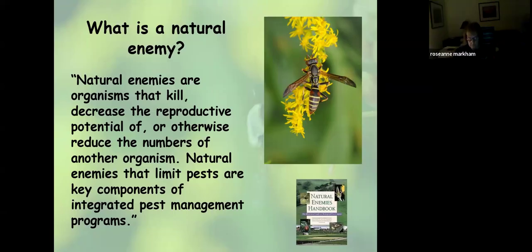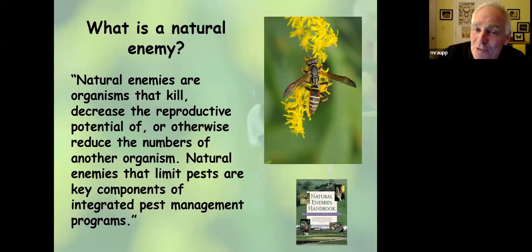And in this case, natural enemies really are our friends because the critters we're going to be talking about are the pests in our landscapes, in our gardens, and in our agricultural crops and forests. And these natural enemies are important components of something we call integrated pest management. Now, some of you may be familiar with this concept. If you have been a master gardener, for example, I'll talk about integrated pest management and how that works. But tonight, we're really going to focus on these things called natural enemies.